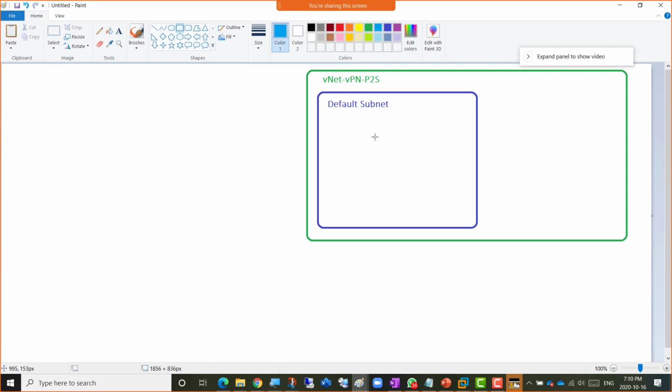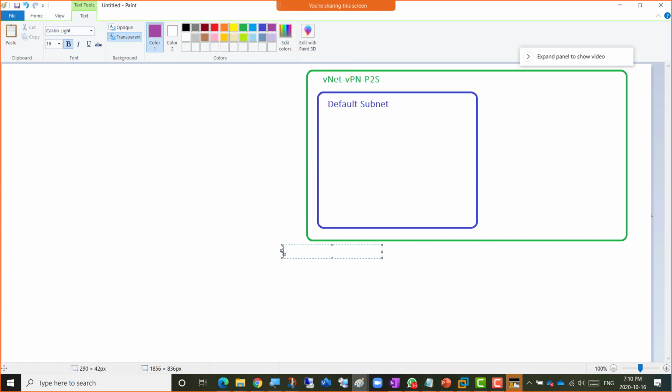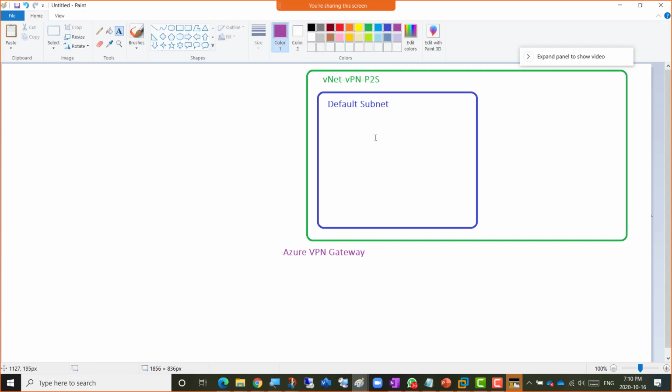So I'm just going to reach this stage. In fact, I'll create that virtual machine later. I need to reach this stage first, then I need to create that VPN gateway because it's going to take forever. So Azure VPN Gateway will be created, and all the configurations there, we're going to discuss. And after that, I'll create the virtual machine with a private IP as well. So first is